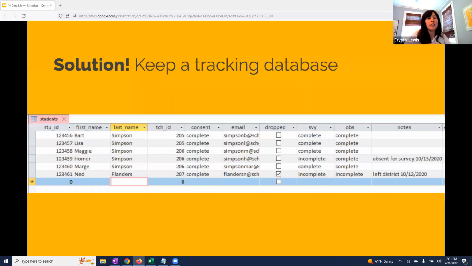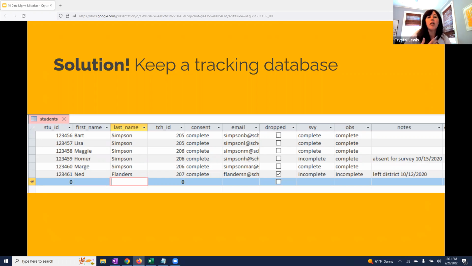And so the solution to this is to keep this tracking database. Some people might use another term for this database, but participant tracking database is just the terminology that I've landed on here. But you build this database before you start recruiting participants so that you can add participants as they consent to be in your study. And then throughout the project, you track all the data you collect from them. So this database is both your single source of truth of what should exist in your data, as well as your one linking key between a participant's true identity and their study ID.